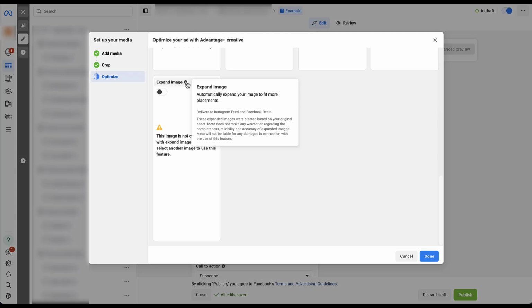So they were created based on the original asset, and they want to make sure that Meta does not make any warranties regarding the completeness, reliability, and accuracy of expanded images, and they are not liable for any damages that pop up. Now that seems like a really weird statement to put here. So this might be one where you really need to see the previews before you decide to turn it on,